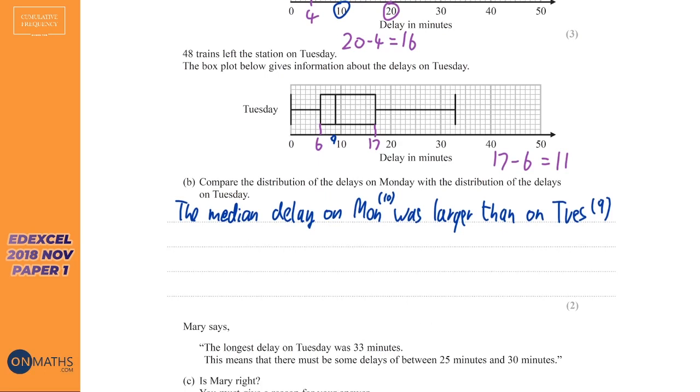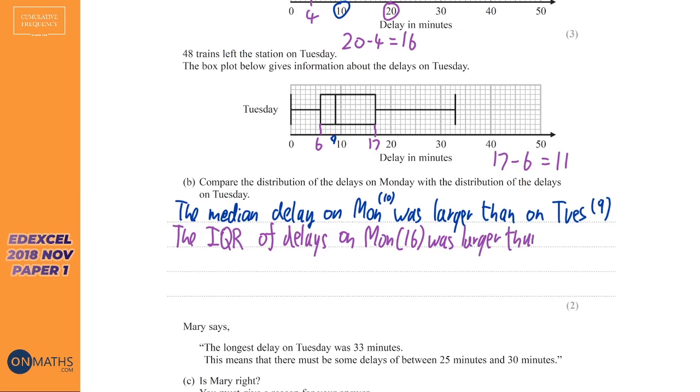So we just need to write the interquartile range, and you can actually write IQR on the exams. It's quite a common thing to write for interquartile range. The interquartile range of delays on Monday. Let's put the value in, 16. Was larger than on Tuesday, which was 11. Now, really important to also note that this interquartile range, the lower it is, the more consistent